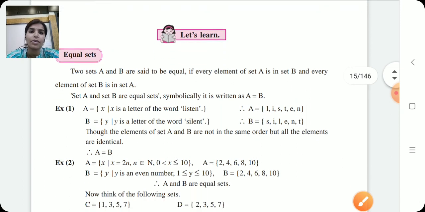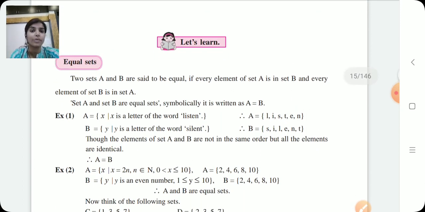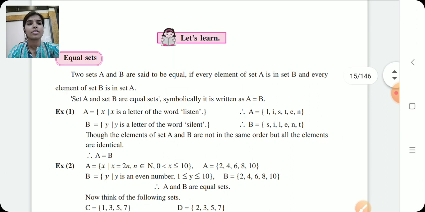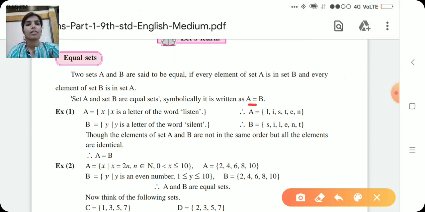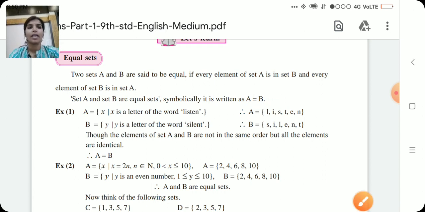Okay, then we want to discuss equal sets. Suppose you have two sets. If the elements of set A are present in B, and the elements of B are present in A, then we say these two are equal sets. Set A and set B are equal sets. Symbolically it is written as A equals B. So we are taking one example. A is equal to